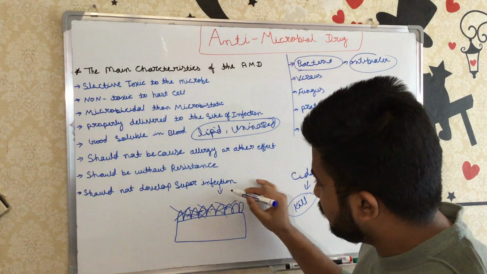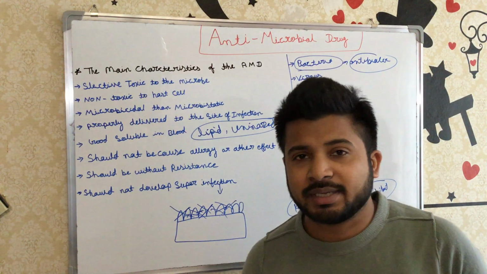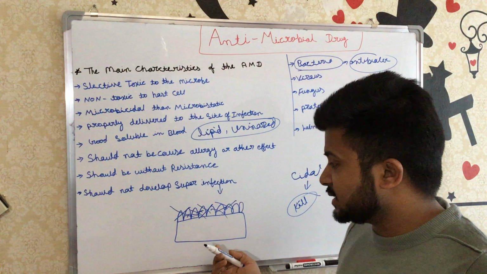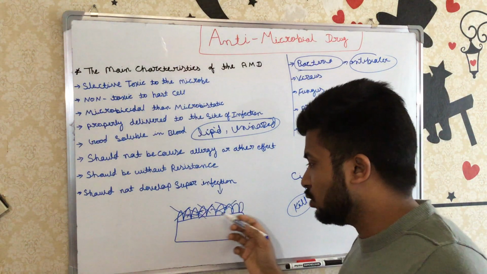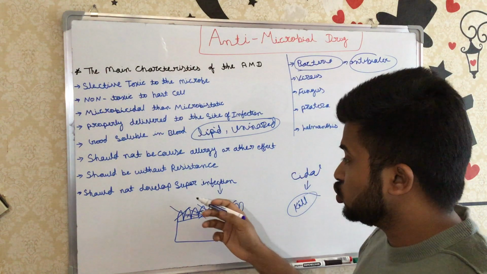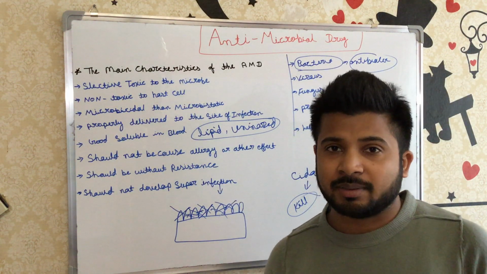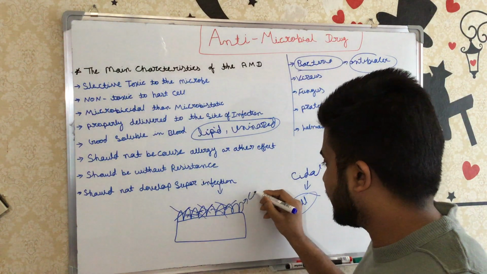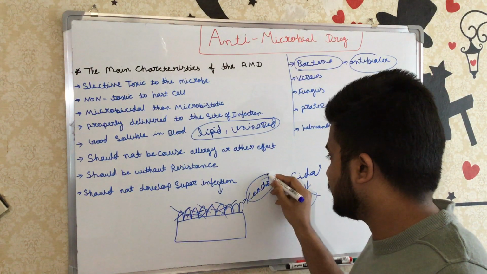So in this condition, if you inhibit the normal flora, its functions will obviously be inhibited. In these conditions, some fungi and some bacteria attack this area because the flora are not working well, and superinfections start. Superinfection most probably appears as a fungal disease, for example candidiasis, caused by Candida. You can remember that this is a fungus.